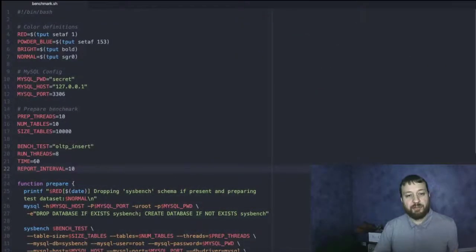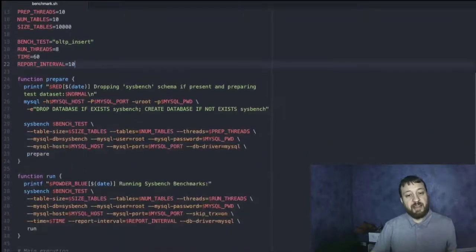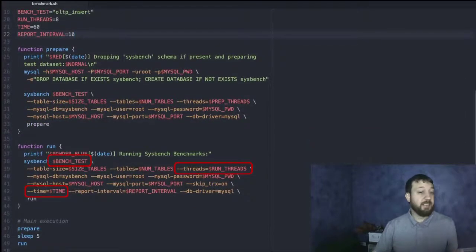Here we have a wrapper script for Sysbench. The important options for running the benchmark are the type of test that will be run, which will be OLTP inserts. OLTP here basically means transactional workload. The number of threads simulates a concurrent workload. This is 8 for our example, and we will run the test for 60 seconds. These options are passed to the Sysbench command, and using the script, we can compare the runs of a configuration